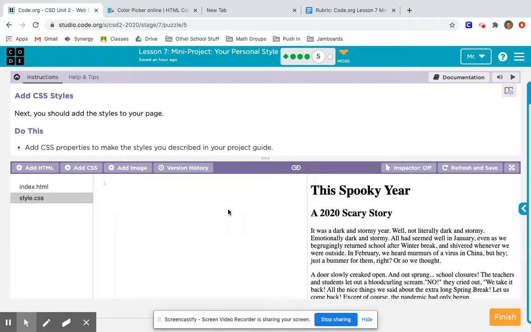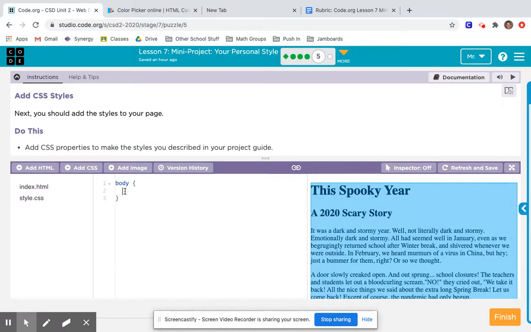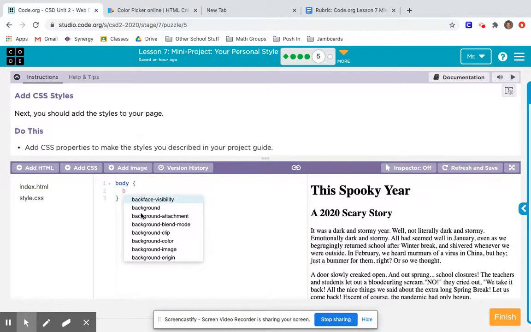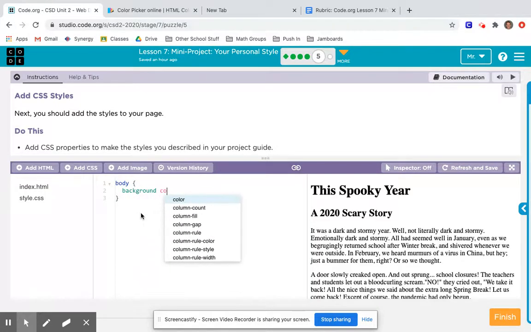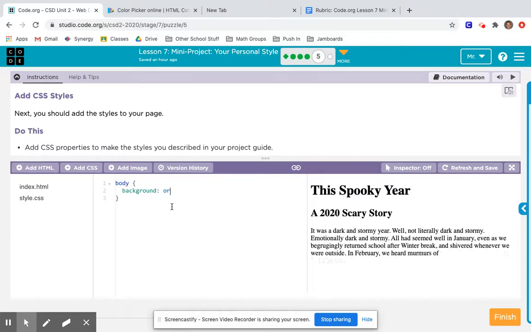So I'm going to start out by doing a couple things to everything. The way that you do that is by typing body. Okay, so here's my body, and I added 2 curly braces there. I'm going to change the background color. I wanted to change it to orange,